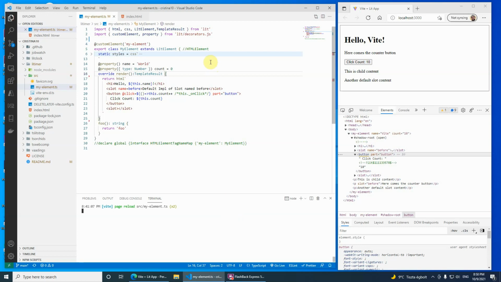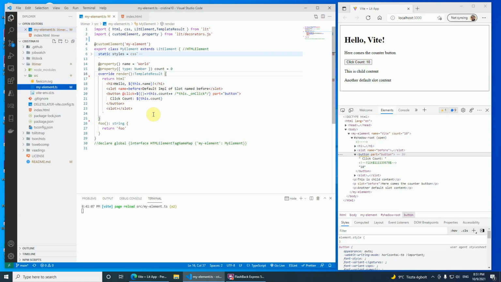The next step is to create a web component from scratch. I'm doing this without a lot of explanation, and in the next video I'm going to explain in detail what I have done, another kind of review of the anatomy of another web component, custom element component. So the web component I'm going to create is to be a